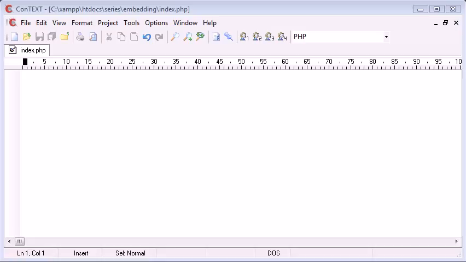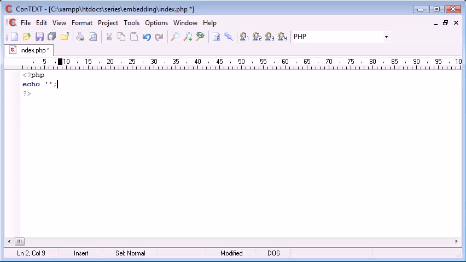Now in this tutorial I'm going to be talking about embedding PHP inside HTML. You obviously probably all know what embedding is. It's just putting something within something, embedding it inside. So if I was to set up my PHP document, and let's just use the example of, let's say, outputting